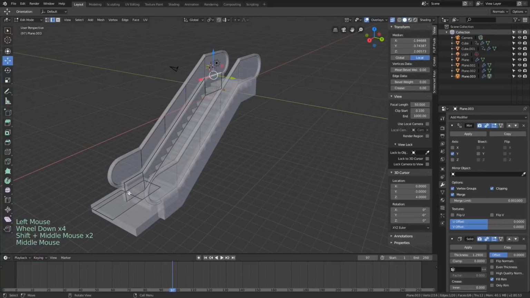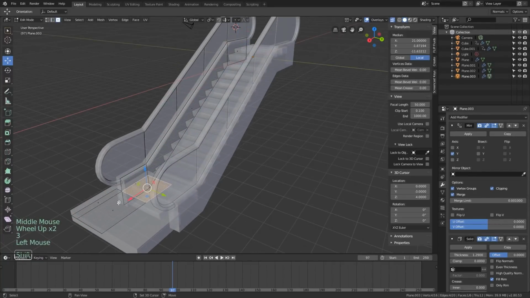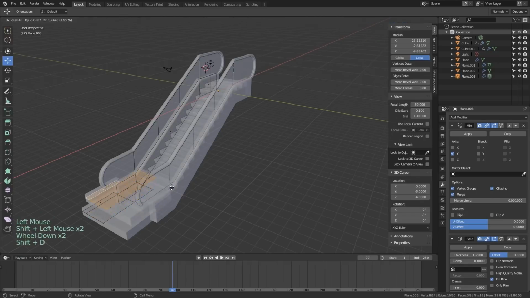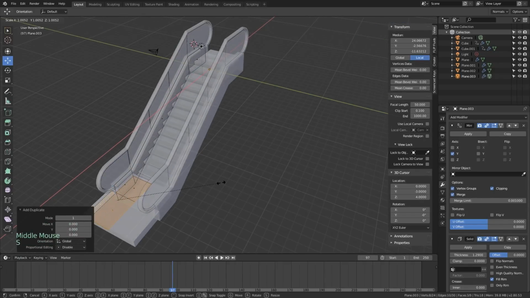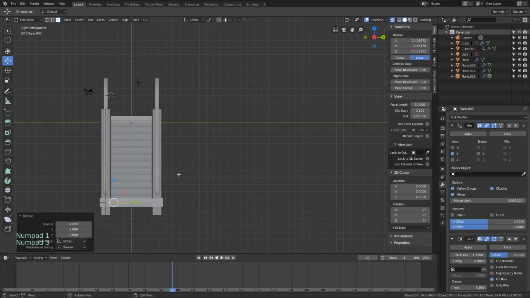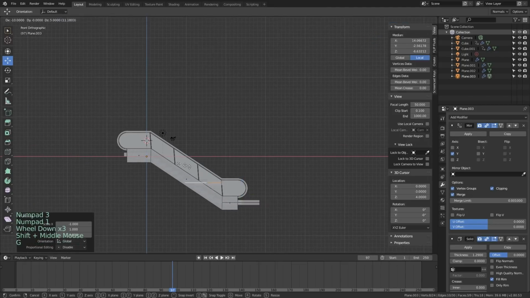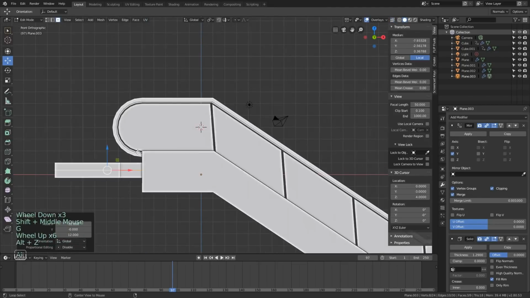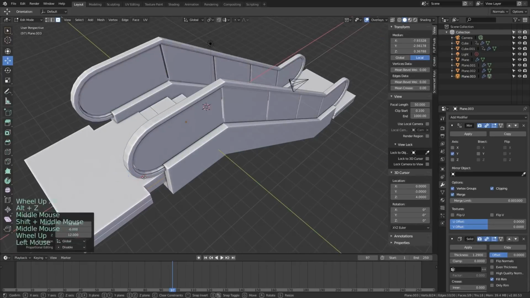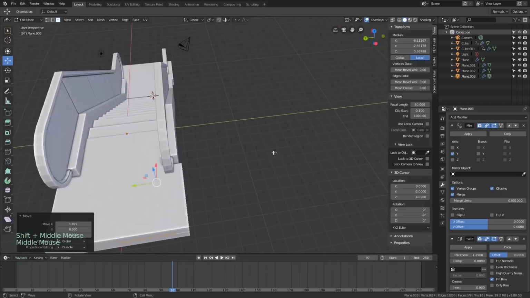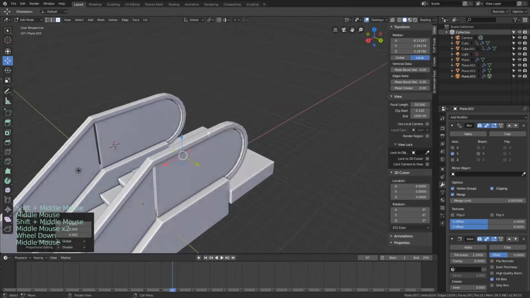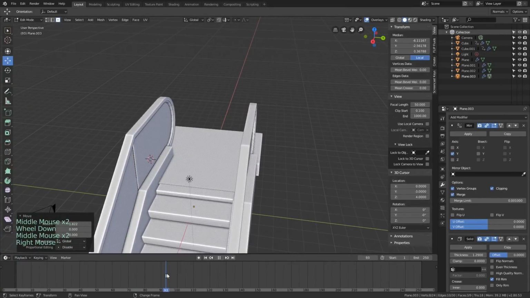Let's select these same faces. Shift D, R, Z. Oh God, no. Let's do S X -1. I want to pop this guy at the top. And then let's move this up here. Saving ourselves just a very little bit of work there, not having to duplicate that plane object.